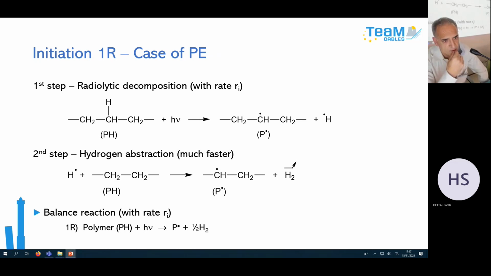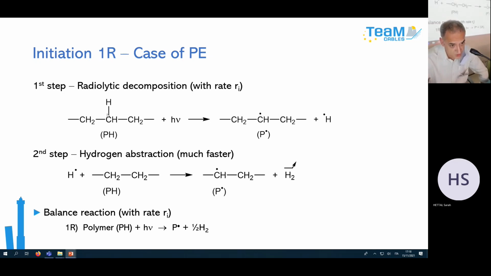in fact, ionizing radiations are energetic enough to break all the polymer bonds. So you can break carbon-carbon bonds and carbon-nitrogen bonds very easily. And for the sake of simplicity, it is considered that the radicals are formed by the radiolytic decomposition of the chemical bond in greater concentration. So in the case of polyethylene, these bonds are the CH bonds, in fact.